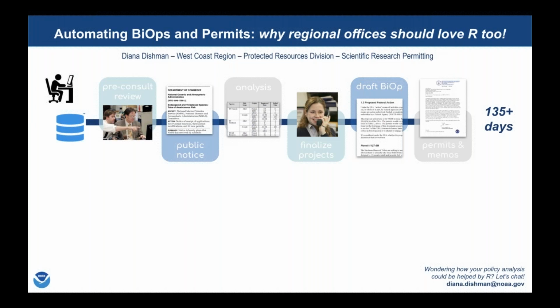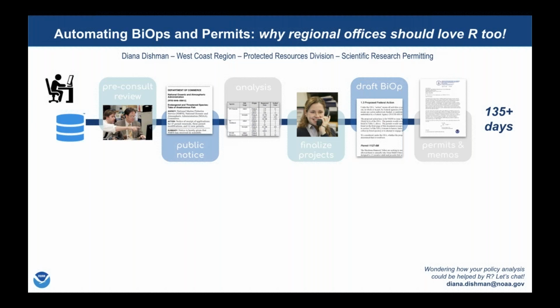That biologist would also draft and submit a Federal Register notice, allowing the public to comment. And once a consultation was initiated, analyze the data to determine the extent of potential effects. If needed, the biologist would also work with the applicant to refine the action to avoid or minimize potential impacts to listed species. And then they would draft the biological opinion to record our analytical process, rationale, and final jeopardy determination. And they would also draft any needed permits, memos, or supplemental documents to go with that.